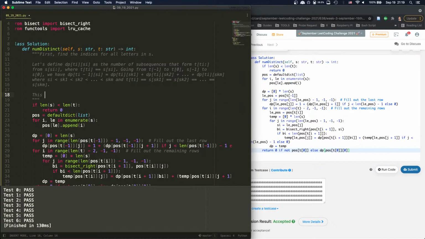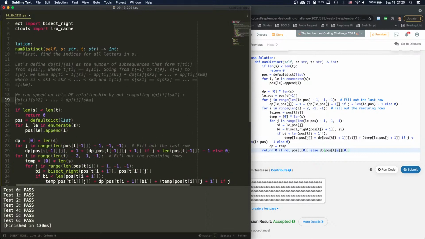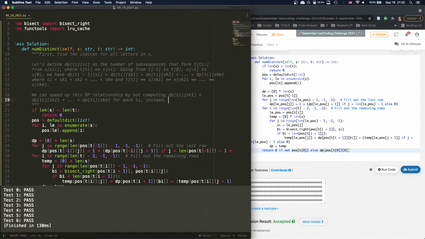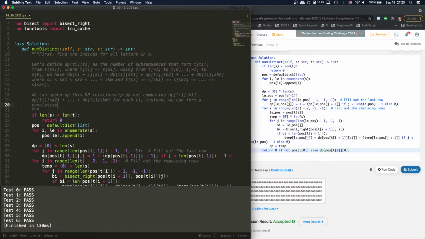This we can speed up. We can speed up this dp relationship by not computing this every single time, right? Not computing this for each Ti. Instead, we can form a cumulative sum, prefix sum, right? Prefix sum in